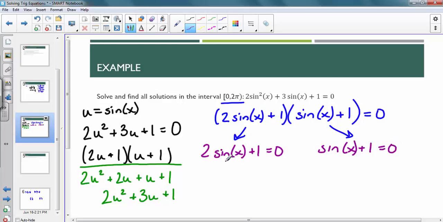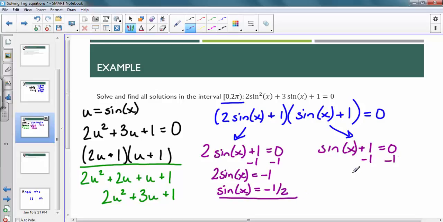So now I need to isolate my trig term, move my 1 to the other side. 2 sine of x equals negative 1, sine of x equals negative 1/2 for this one. And then over here, I simply get sine of x equals negative 1. So again, we need to find the solutions on our interval from 0 to 2 pi that satisfy both of those equations. So going to my completed unit circle,